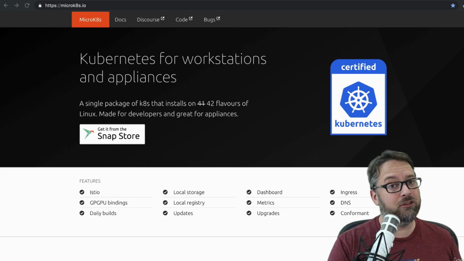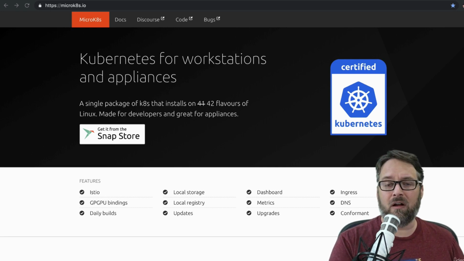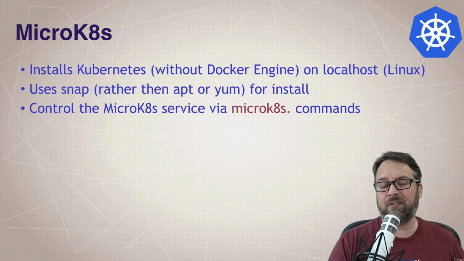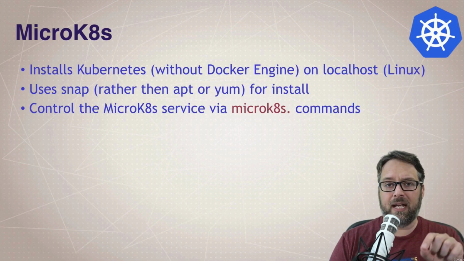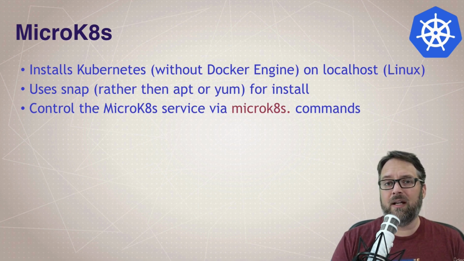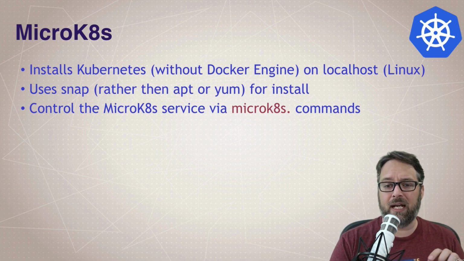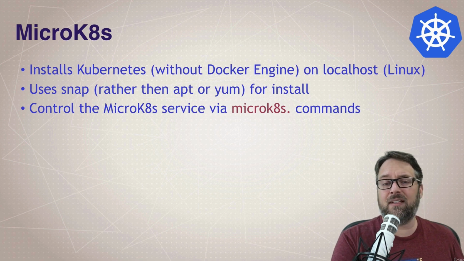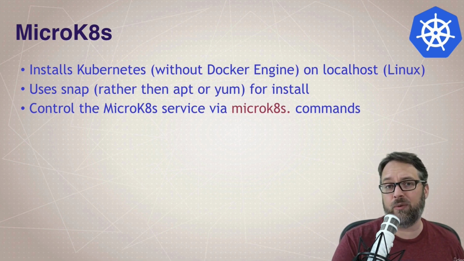Once you've done that, it will do everything else for you. It will install all the different master roles. It'll automatically install the correct version of kubectl. And it gives you a nice set of commands to manage the Kubernetes system with microk8s dot something. So you can do microk8s.enable and other different commands. If you just type microk8s. and hit your tab key a couple times, you'll see it lists out all the various options. And so it's easy to manage that, even uninstall it pretty quickly